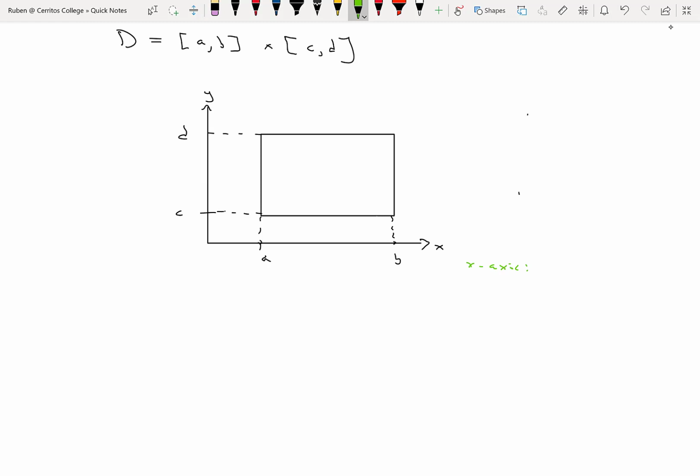We divided it up into, let's see, m subintervals, intervals of length delta x equals b minus a over m. M as in Mary. Okay, and along the y-axis,